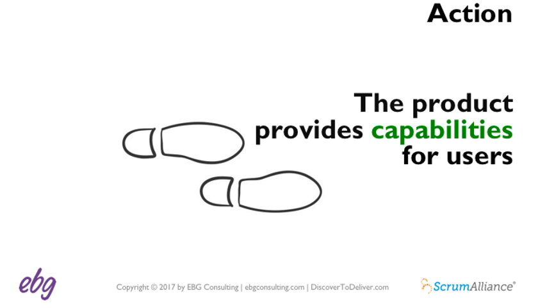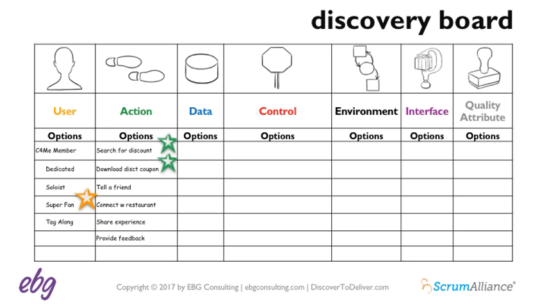All right, the action dimension. So remember the story was, as a concert goer, I want to use dining discounts so I can enhance my experience. The action dimension digs into the potential actions behind that verb use. And we're going to be looking for verbs at a more granular level. So if we take a look at the discovery board, you can see search, download, tell a friend, connect, and so forth. So the starred options are the ones that in the conversation they decide are the highest value ones,